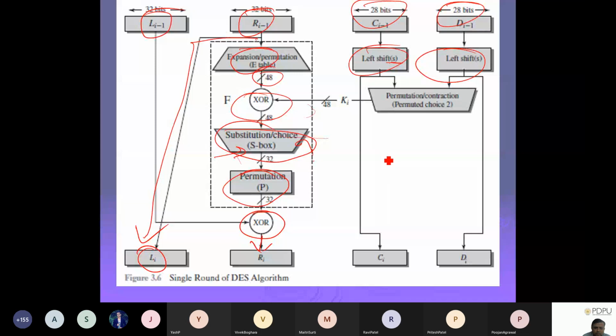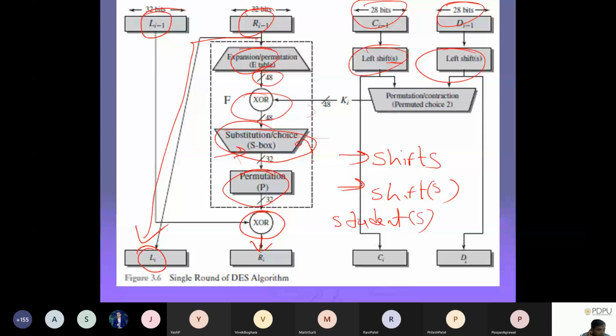Why are they not writing just shift? That is fine, no? Let me ask you in terms of the English language. If I write student in bracket s, what does it mean? Why are they writing bracket s? That's just my question. It's an English language thing that we are going to use.